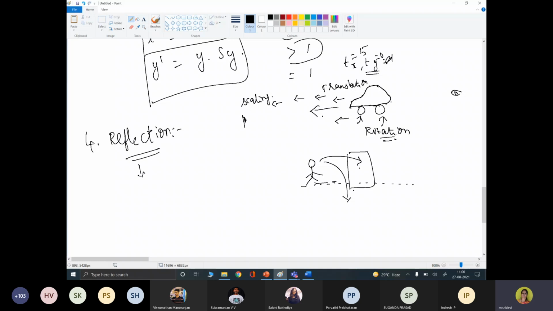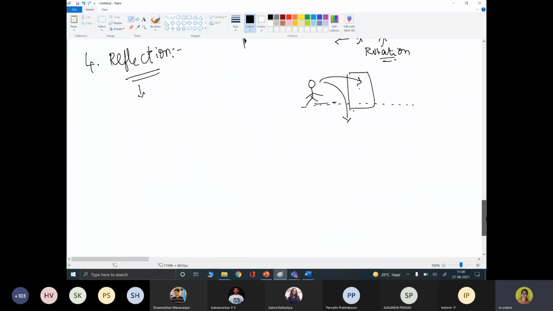There are 5 different categories of reflections we can perform. So I will be completing the shearing and then I will be moving on to the reflection, because there are different kinds of reflection we need to discuss. So I will be talking about the shearing due to time constraint. Next class I will be touching up the reflection part.